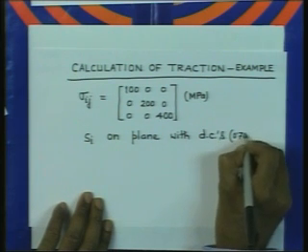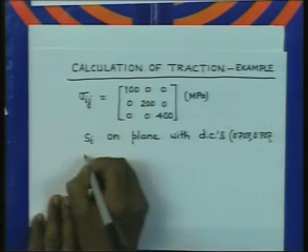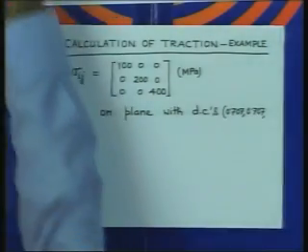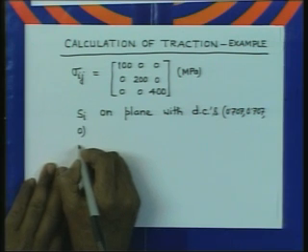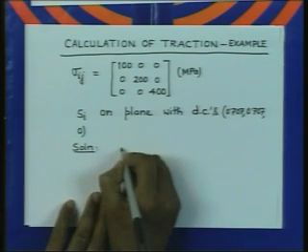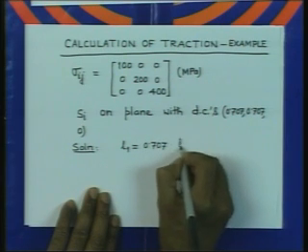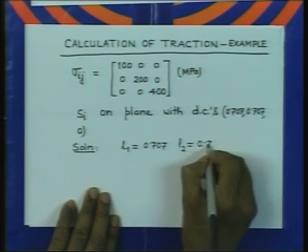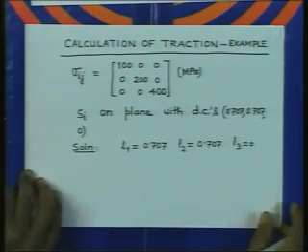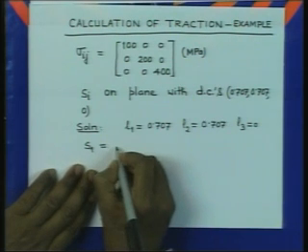0.707, 0.707, 0. This means, a solution can be done like this. We have L1 is nothing but 0.707, L2 is 0.707 and L3 is equal to 0. So, these are the direction cosines, and therefore, we can now calculate the traction component 1, which is given by